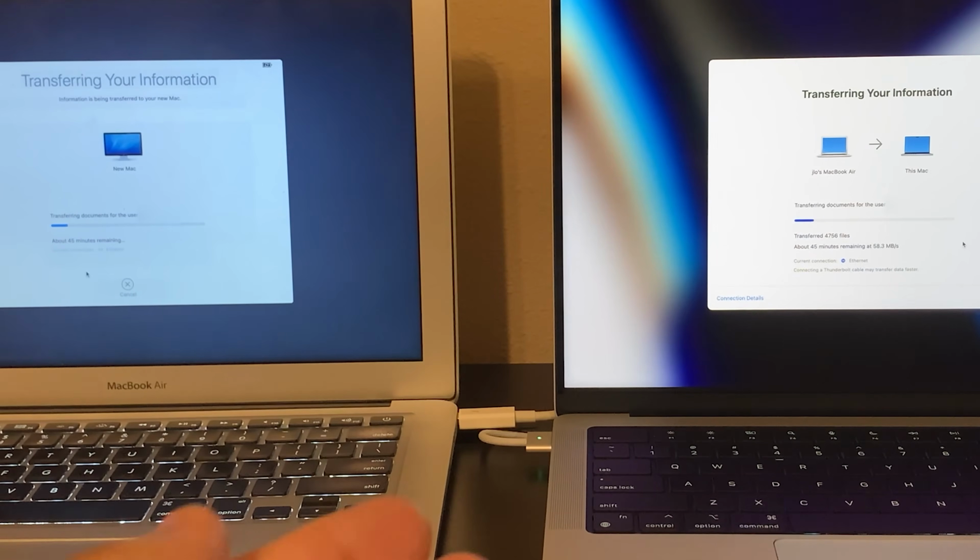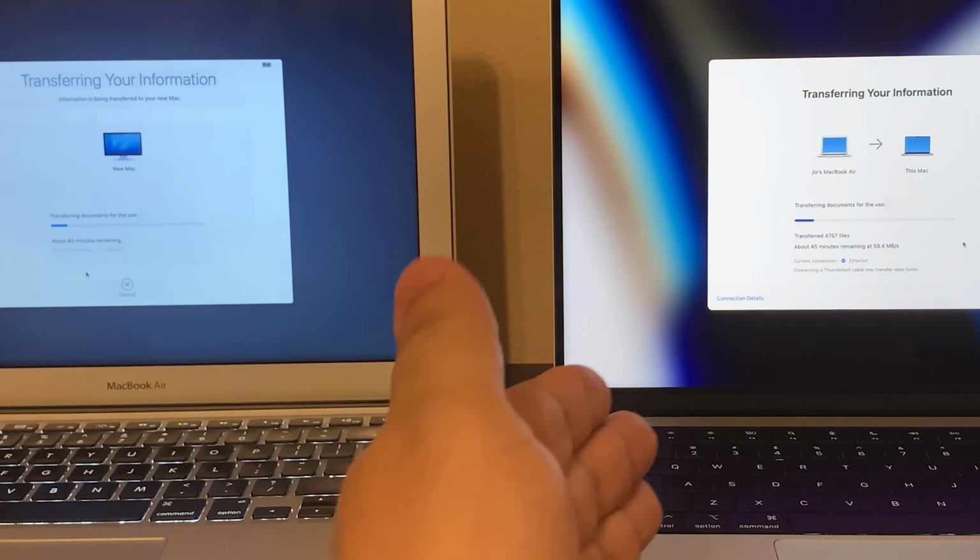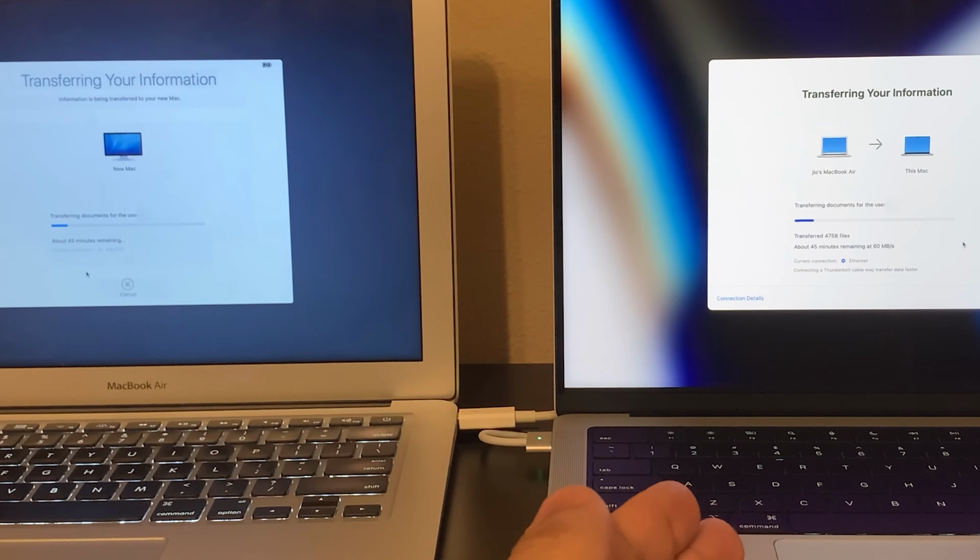And now we see here the time remaining, and we see it on both screens. The screen on the left tells us that it's about 45 minutes remaining, and the screen on the right gives us more information, such as the data rate and so on. And we see it just jumped up to 60 megabytes per second. So that's really great. It's getting closer to that 70 something that it was